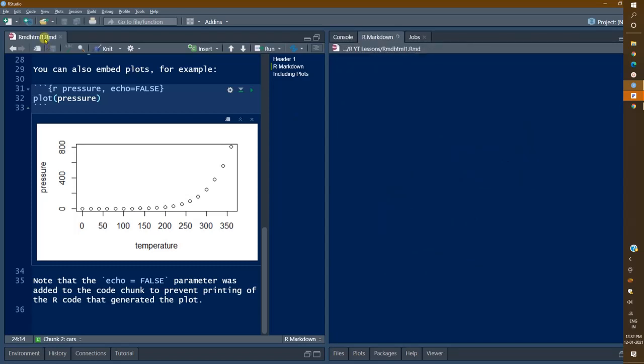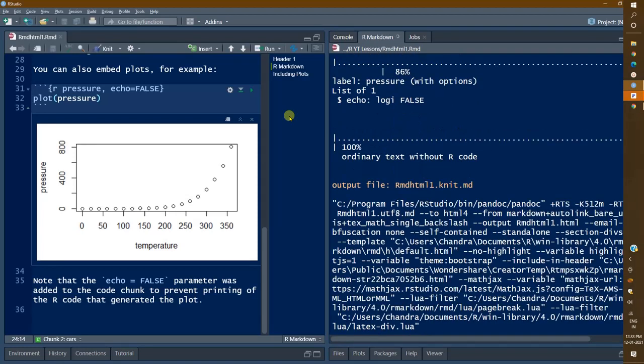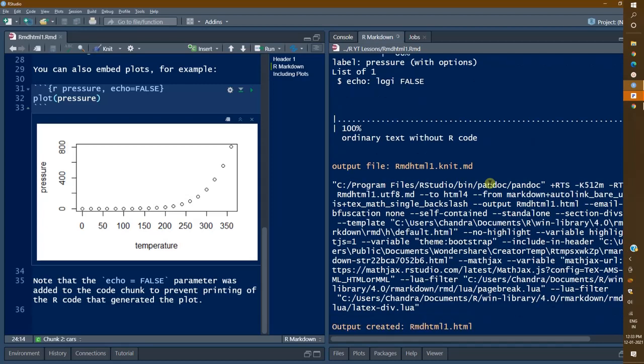RMD HTML1.Rmd has been created. You can see here. Not only that, this HTML file will be shown as an output also by R. So it has processed this file, and it has created an MD file. We have seen that in the slide, MD will be further converted using pandoc to the requisite file.